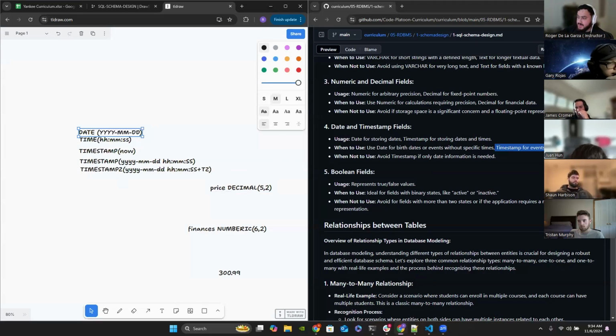Awesome. And the next one we're going to talk about is your Boolean fields. And that's exactly what it sounds like, right? These are essentially just true and false values. What's an example of using a Boolean field? Well, that might be something like